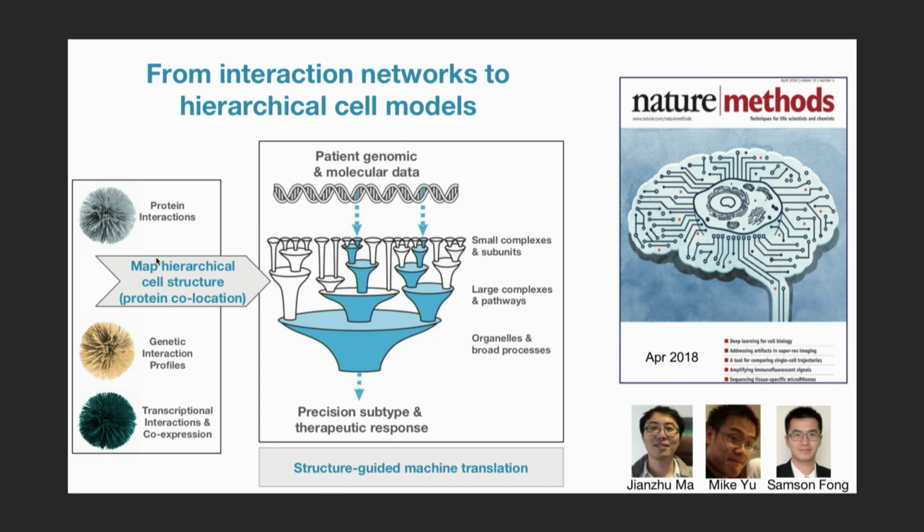And everything I'm going to be talking about for the rest of my talk is really this paper here that came out also a few months ago and was spearheaded by Jianzhu Ma, a very, very talented postdoc in the group who used to be in Jinbo Xu's group, who is also a speaker in today's program at some point.